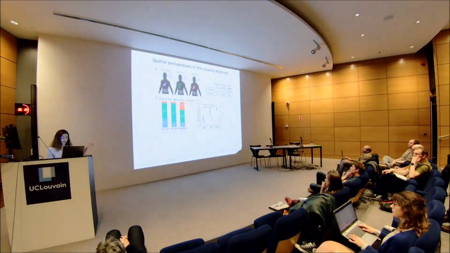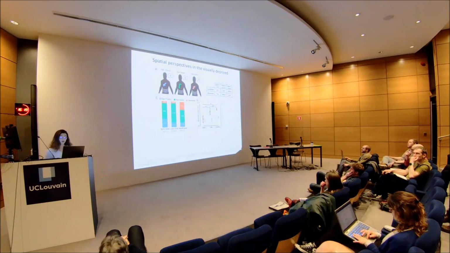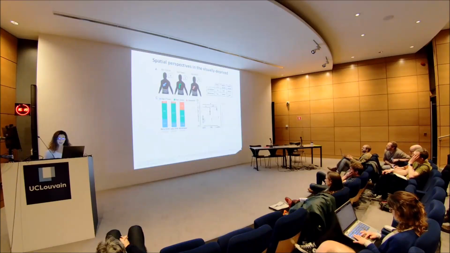So then we investigated spatial perspective taking abilities as a function of sensory factors, so, as I said, visual and proprioceptive deficits. So here, for the influence of vision, we ran the graphesthesia protocol, the first one I presented you, with 3 groups of participants: early blind, late blind, and blindfolded sighted. So we had 25 early blind, 32 late blind, and 28 blindfolded sighted.